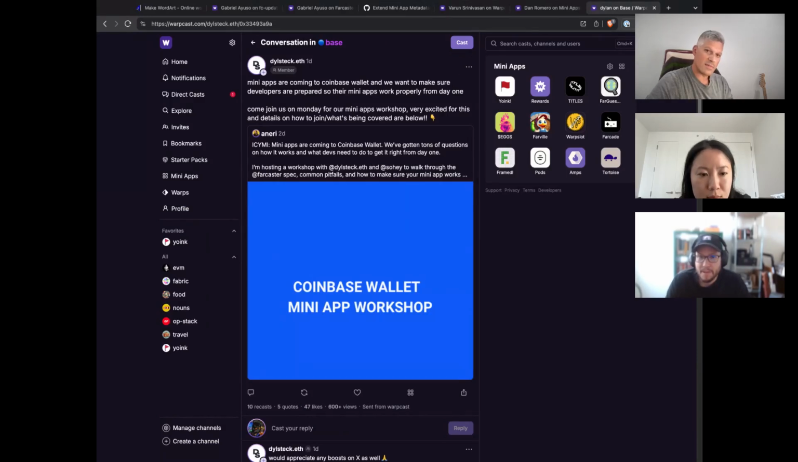All right, last news item is mini apps on Base. So Dylan posted this, and the Coinbase Base and Coinbase Wallet team have been showing this out, but they're doing a workshop on Monday around mini apps in Coinbase Wallet. If you haven't heard, Coinbase Wallet is going to become a Farcaster client soon, meaning it's going to support mini apps in feed, just like Warpcast does. And so they're